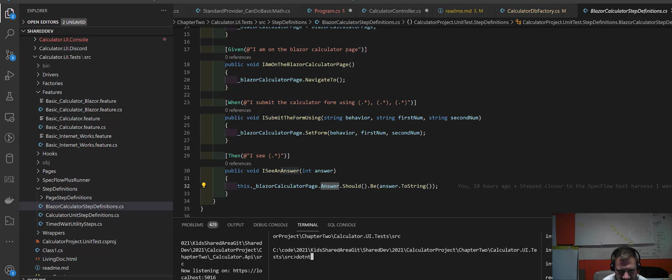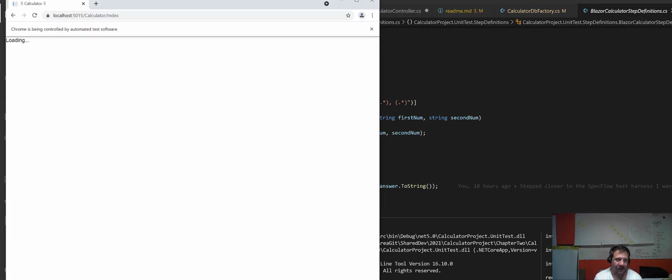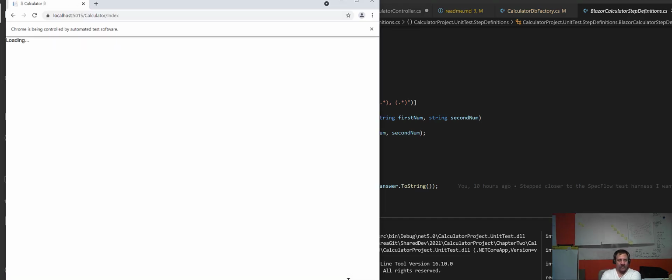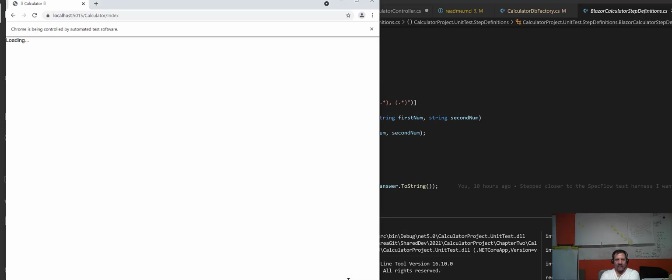So if we run these critters, we could tell it to run headless, so you wouldn't see it. That way we can deploy to Linux environments that don't have UIs, etc. But we left it on for now just so we can watch it go by. It's kind of fun, especially when we're learning. And these are some of my favorite places to start in a lot of different corporate situations. If we can get a team together and maybe we've never authored tests, we can write a couple of unit tests, fine. But when we start writing these end-to-end UI tests and we begin crawling the web and clicking